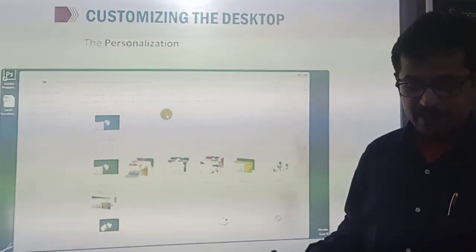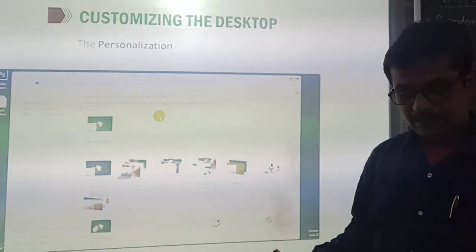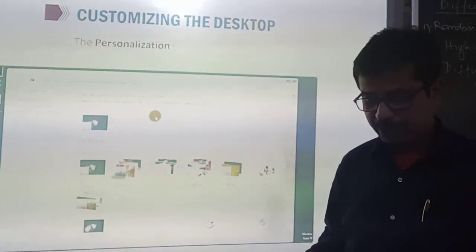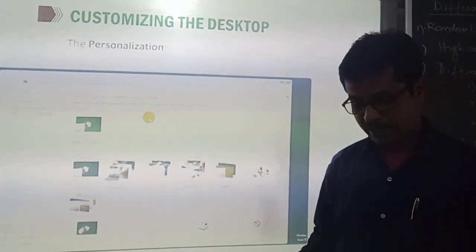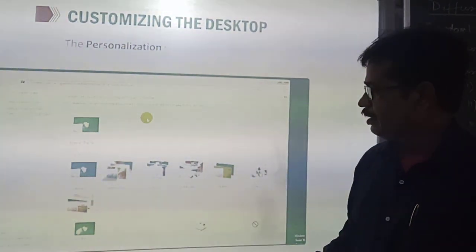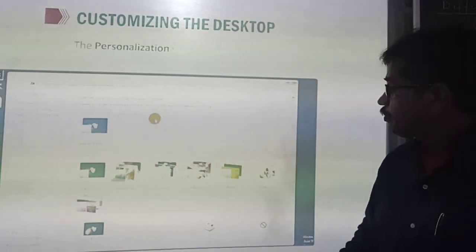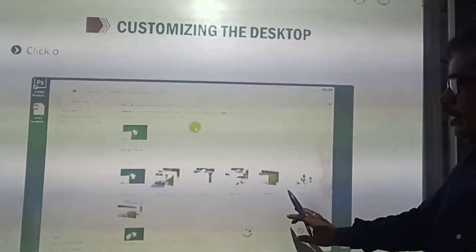Select any color you like, then select enable transparency. The window glass borders, start menu and taskbar will become transparent. After that click OK. So you can see the color is changed according to you. Now let's see the next option shown in the book.